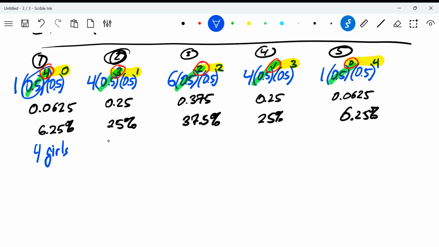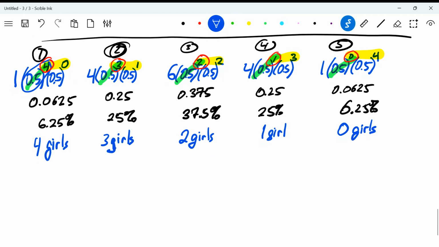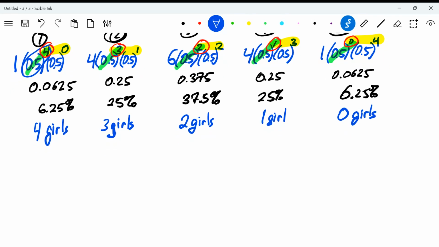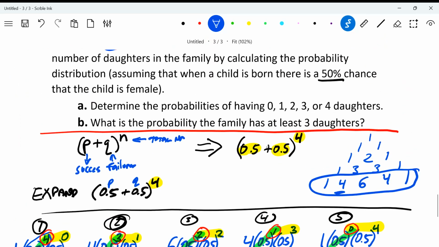25% is the chance of getting 3 girls. Or boys if you want to switch it around to the boys. Okay, this is the chance of getting 2 girls. The chance of getting just 1 girl is also 25%. And the chance of getting no girls is 6.25%. Okay. And from that, we can now answer a number of questions, including the question that was done here in